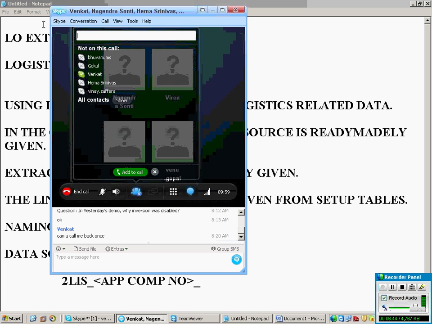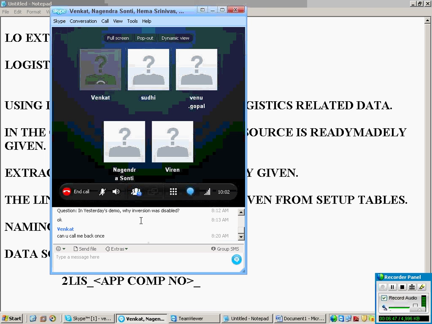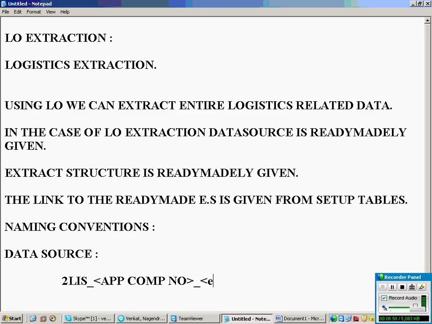Each application has different events, right? So under sales, you have order, delivery, and so order means VA, right? Delivery means VC, billing means VB, like that. Each application will have different events. So from the application, which event you want, and each event will have